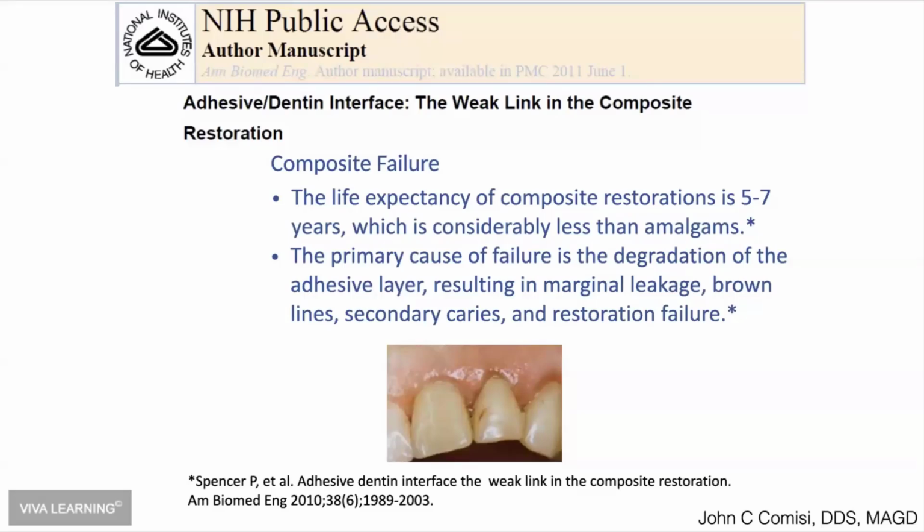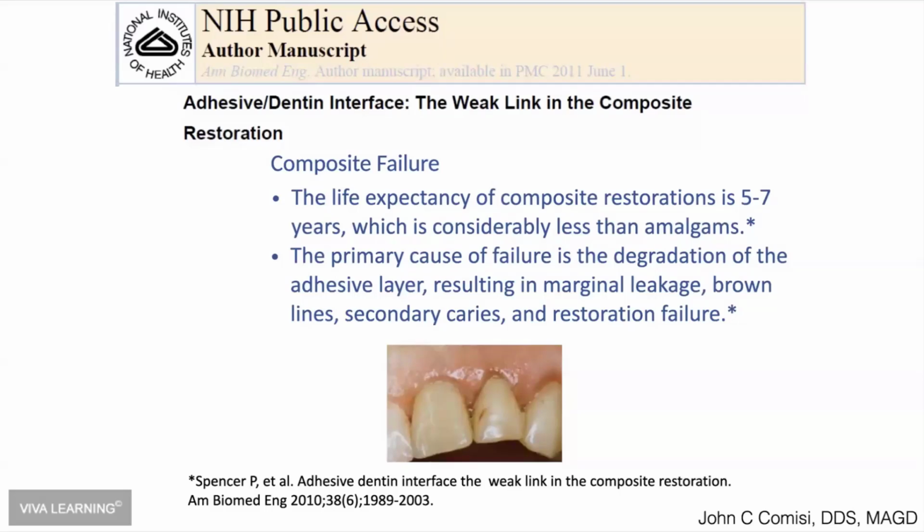And especially if you're using a self-etching material and you are expecting your self-etchants to penetrate into your enamel in the same way that they would with total etching, well, I'm afraid that's not going to happen, because your self-etching bonding agents are not acidic enough to effectively etch the enamel to prevent it from breaking down.